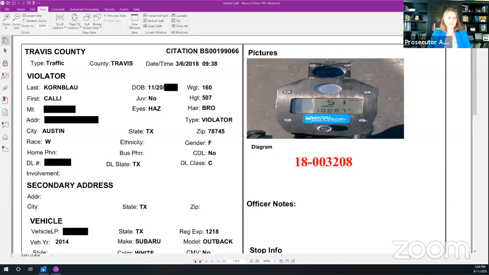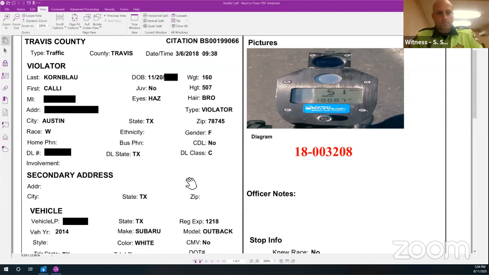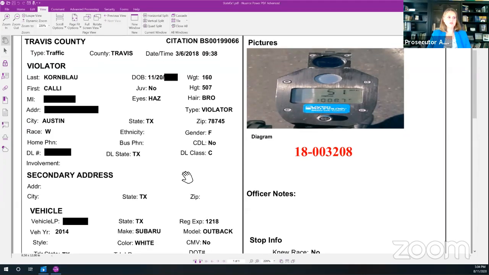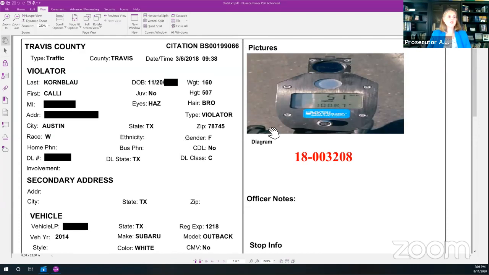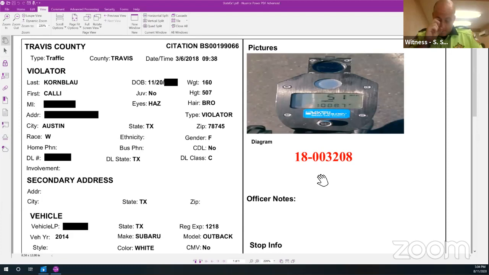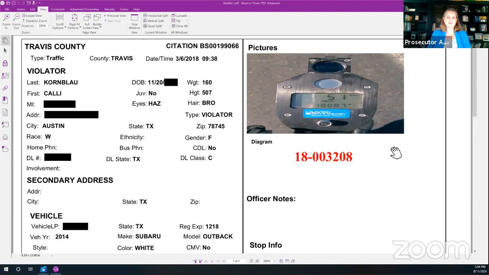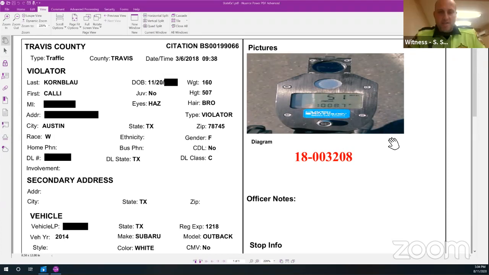And Officer or Deputy Shockey, are you able to see this citation? Yes, ma'am. And does it identify the defendant on there? Yes, ma'am, it does. Tell me a little bit about what is this photo we see here? The photo is my ticket writer, my e-citation writer has a camera built into it, kind of like a cell phone. And that is the picture of what I picked up that vehicle speed at and the distance that it was picked up at. And how do you know what the distance was? It displays it at the bottom,